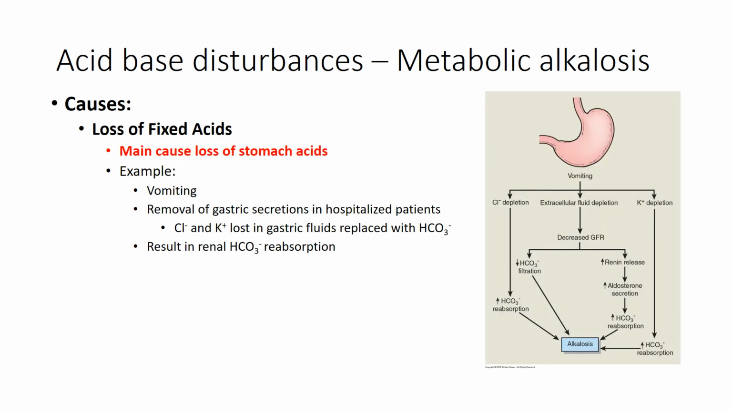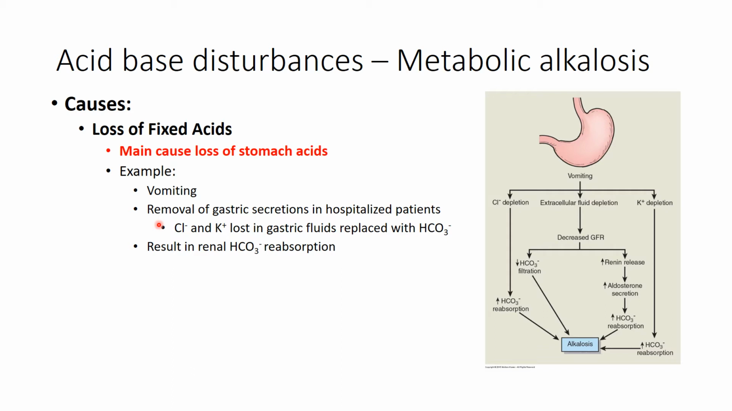So metabolic alkalosis can be caused from loss of fixed acids, specifically when we lose stomach acids through vomiting, right? So we're going to be losing hydrochloric acid, okay? And if you remove that hydrochloric acid, then it's got to produce more hydrochloric acid. So this results in bicarbonate moving in to replace the chloride that is left, so you don't have to make that new hydrochloric acid. So